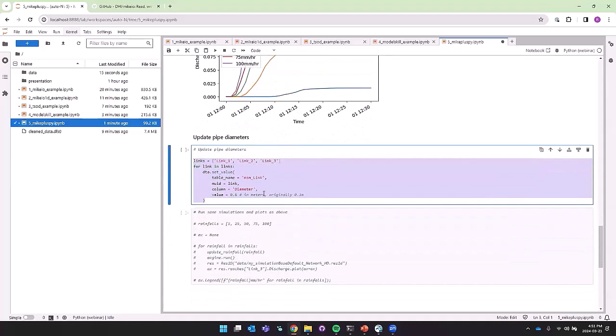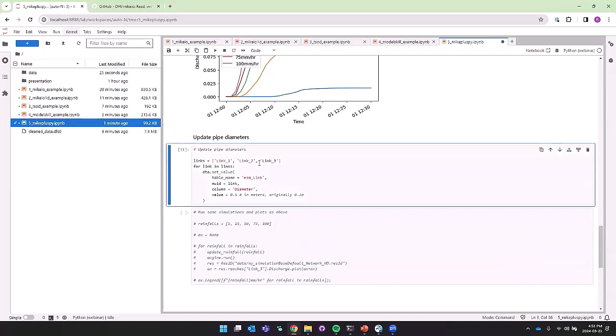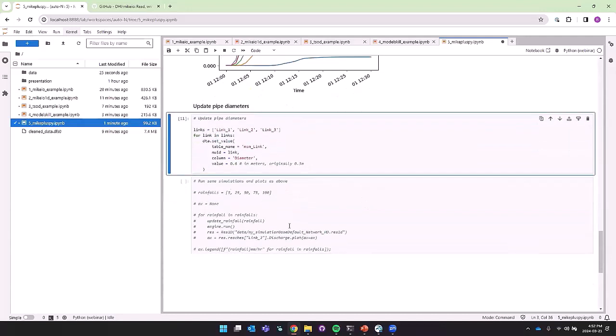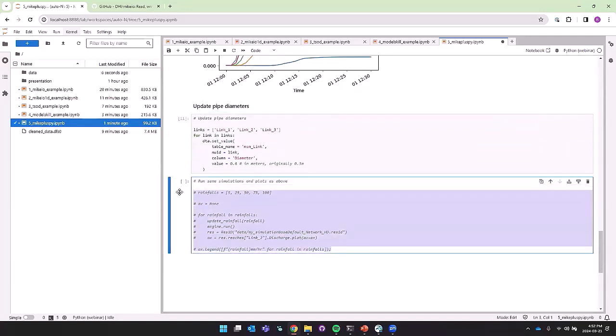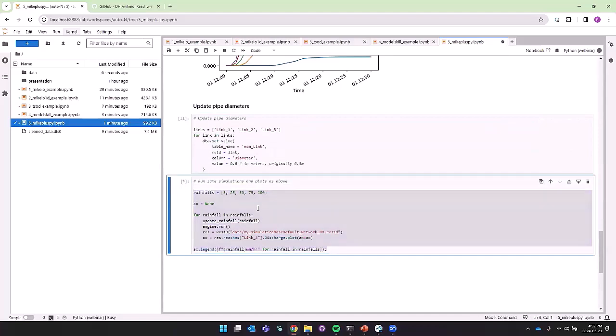So then we could update the pipe diameters from, they were 0.3 meters to 0.6, and these are all of the pipe diameters, or sorry, the MU IDs. You could use this same logic to do some auto pipe sizing logic yourself. So what I did is I doubled the pipe size and then I reran all of the same events. And these are simple constant rainfall events, but you could just as easily use a DFS0 file with an actual rainfall event. So it's up to you. I think it's pretty flexible.